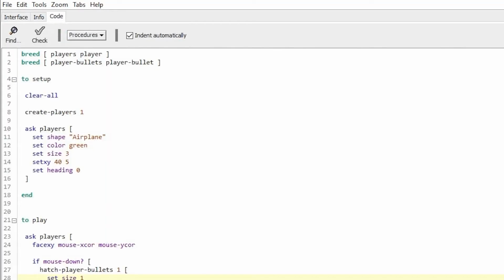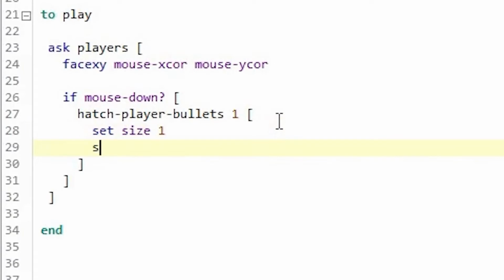This shape, if we want, we can change it like this. We can say set shape to something like circle. Let's see what happens now.